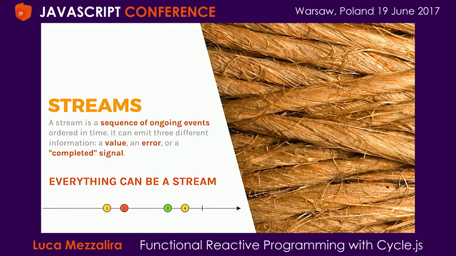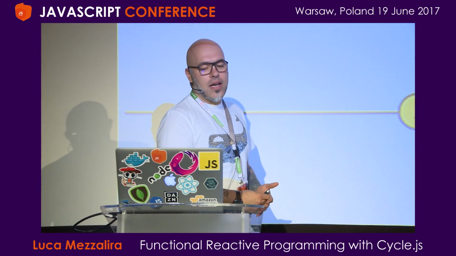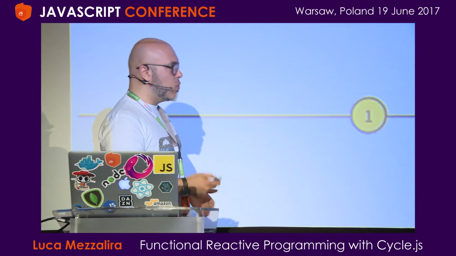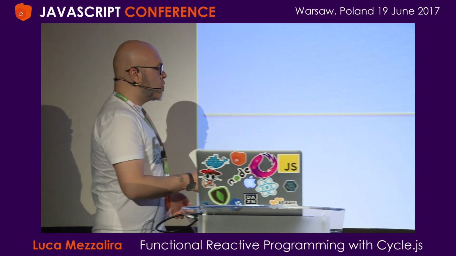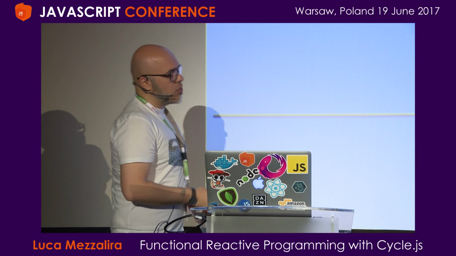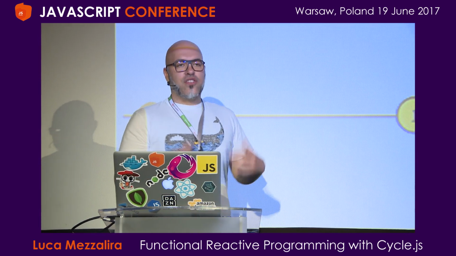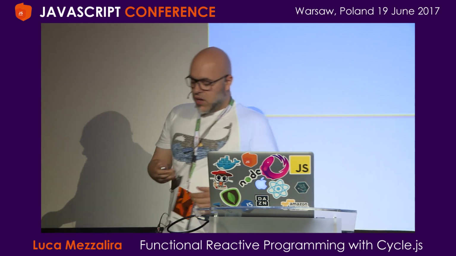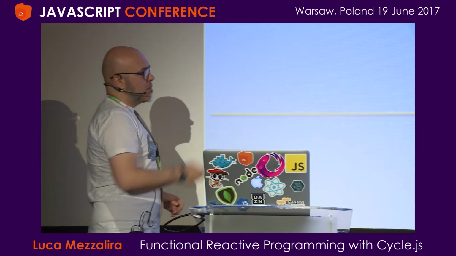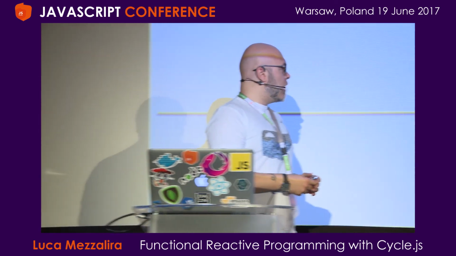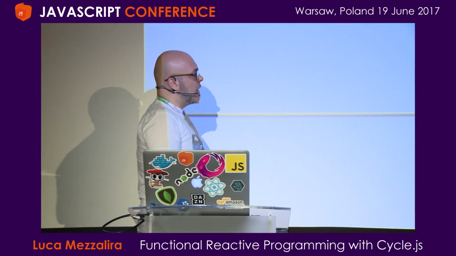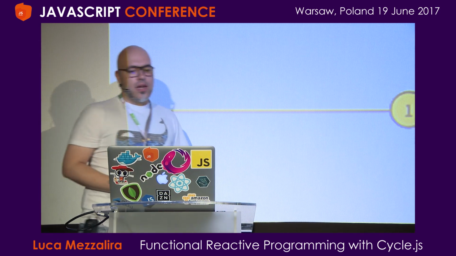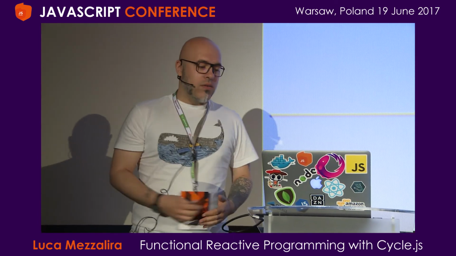So I have just a few concepts for you today, just to explain. This is the main one in reactive programming, the streams concept. A stream is a sequence of events that are ordered in time. When you start to work with reactive programming, you get used to watching this kind of diagram. This diagram is called a marble diagram, and basically it describes what a stream is. The horizontal line that you can see here is a timeline. So I know that at a certain point in my program, I received the value 1. Then I received the value 2, and then again a value 3.